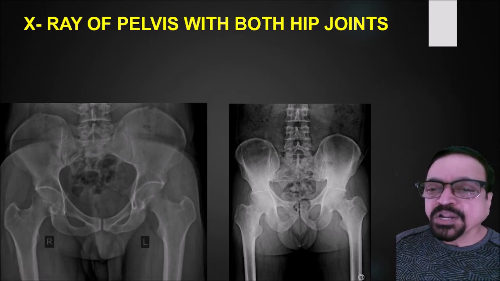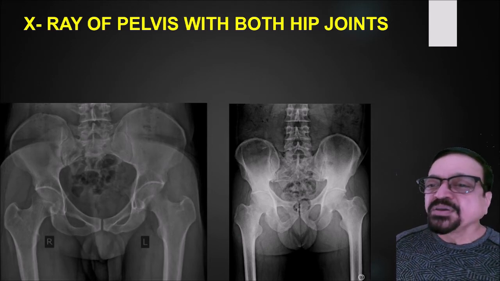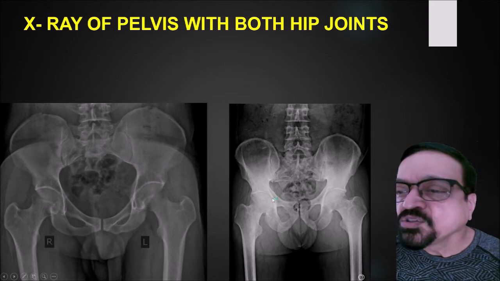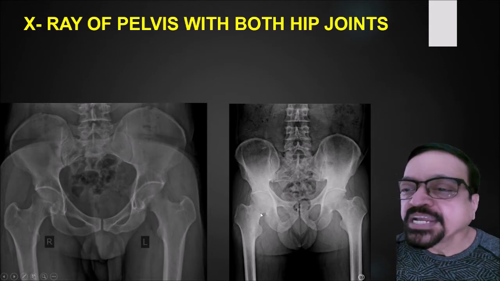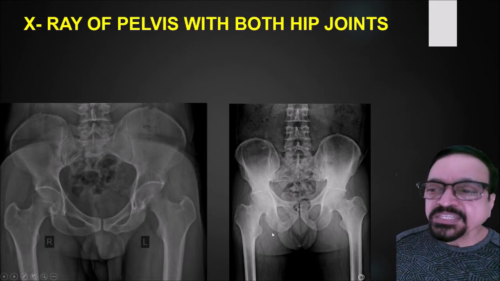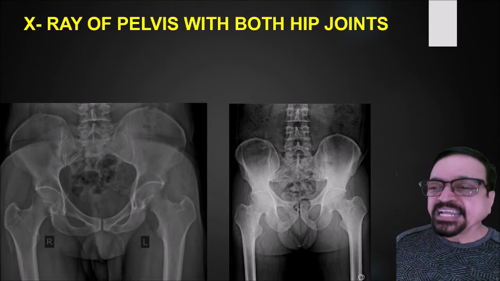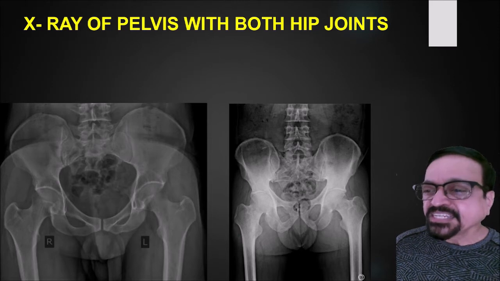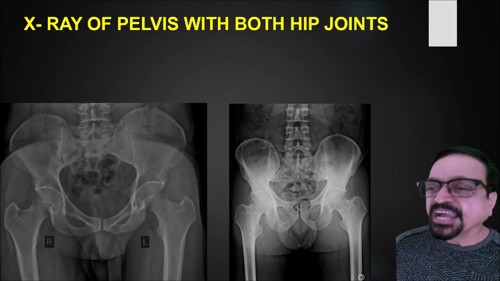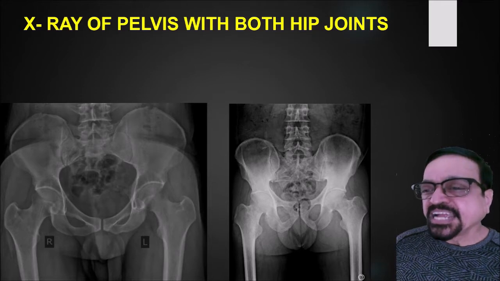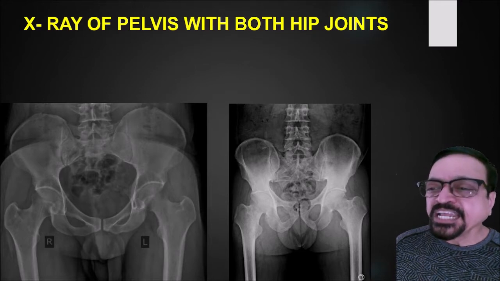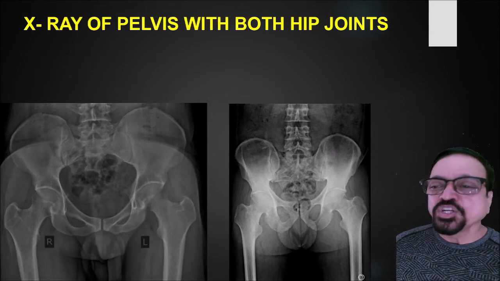Now see the femoral neck, they are nicely seen, they are elongated. And in the second film, you are seeing the neck is not properly seen. Now what is the cause? The cause is internal rotation. If you see both sides, right side and left side, at least on the left some internal rotation is achieved, but on the right side there is improper rotation that will result in shortening of the neck.